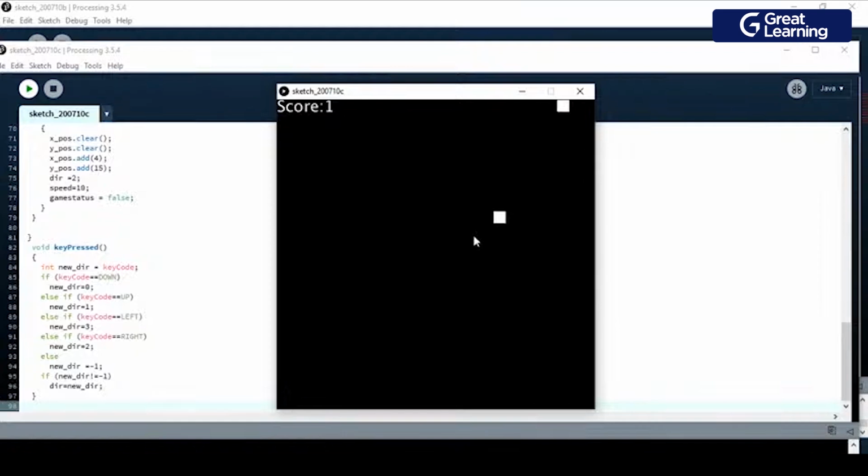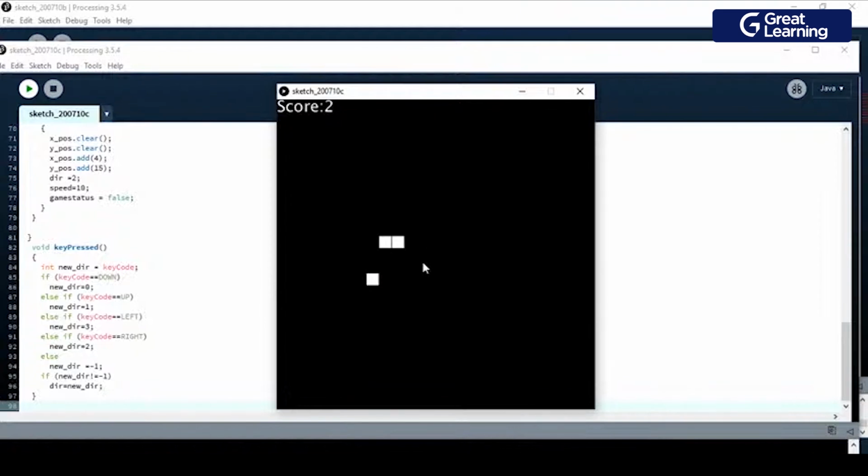So now the second position, I haven't shown you the second position. If it touches itself, what happens? So basically what I'm going to do here, as long as the size is greater than 2, if I'm going in the same direction, let me show you. So right now it's having size 1. Let me make it of size 2.